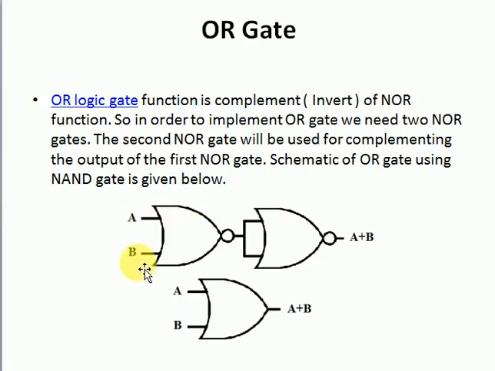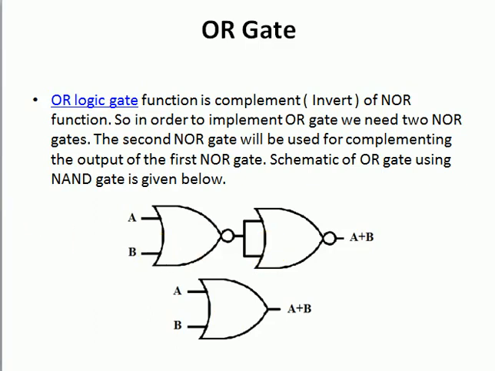Here we have A and B, so at the output we will get (A plus B) whole complement. When this (A plus B) whole complement is applied here, then after passing through this NOR gate we get (A plus B) whole complement and again another complement, meaning (A plus B) double complement. So both complements will cancel each other, and at the output we will get A plus B. So this is how an OR gate can be implemented using NOR gates.